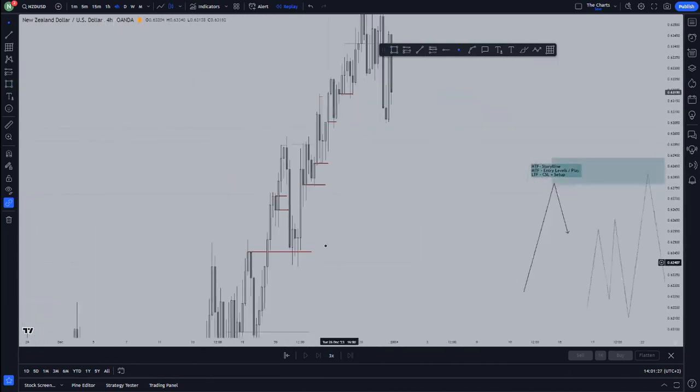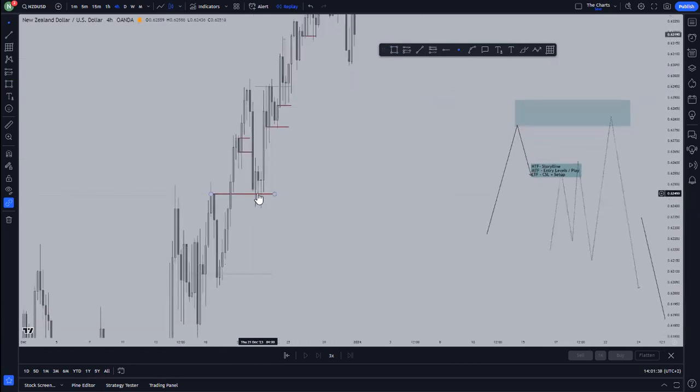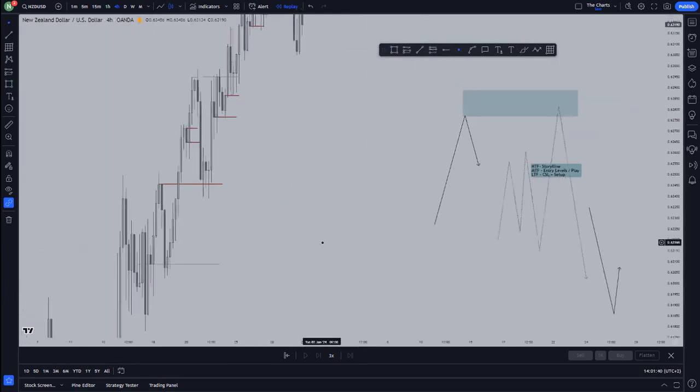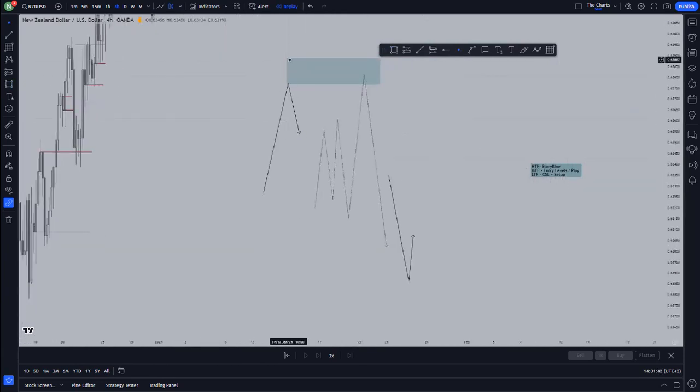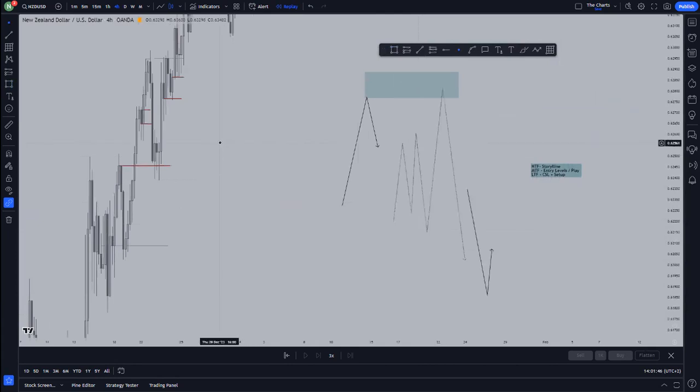So you can use this one to filter out, and also you can see that you're going to miss trades like this one right here, but you can capitalize on this opportunity to the upside. Then again here, capitalize on this opportunity to the upside. So basically, look for the V's or the A's in your middle time frame. Then look in your small time frames, look for MSU type 1. So it's going to be simple.